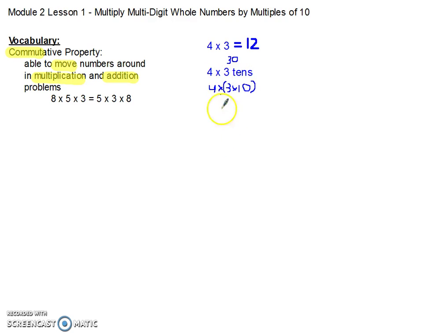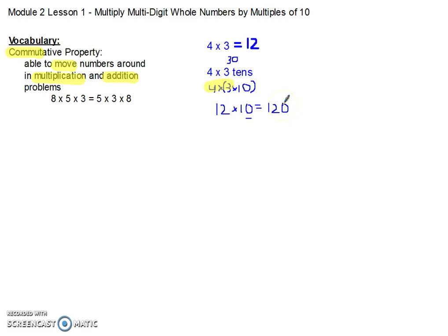Now, we can use our 3 times 4 from the top to help us with this problem, and using the commutative property, we can say, okay, I know that 4 times 3 is going to be 12. And then we finish up with our multiplying by 10. And we know that anything multiplied by 10, we add that 0 to the end, so it would be